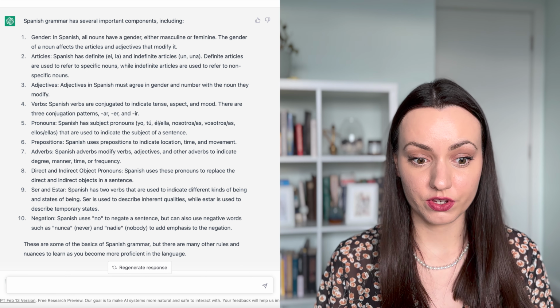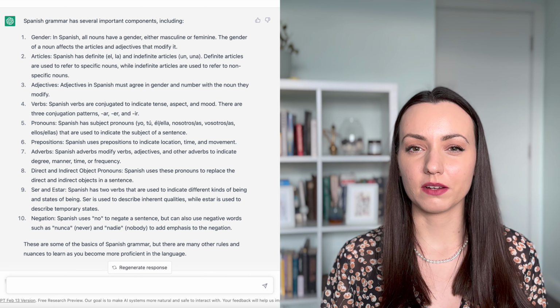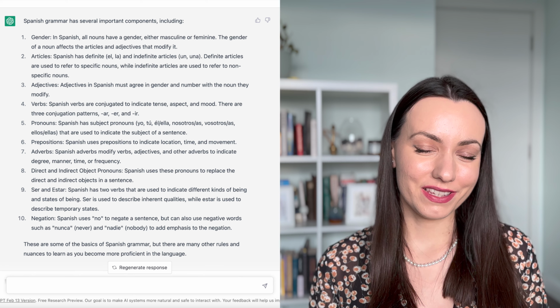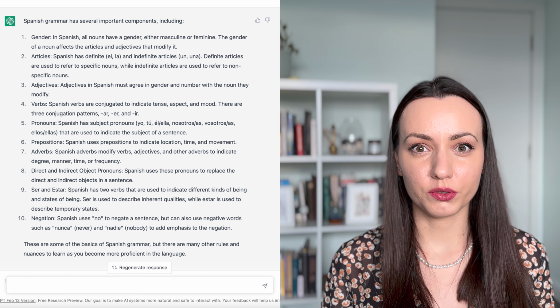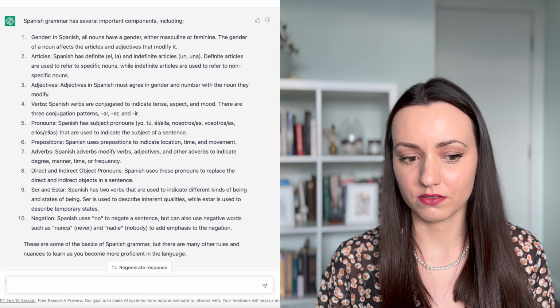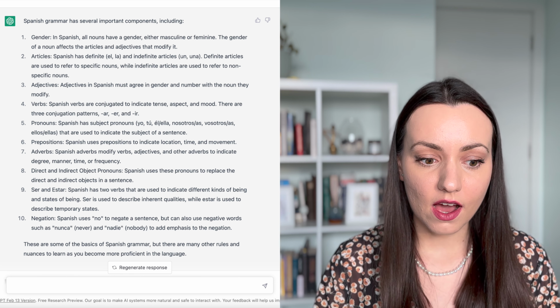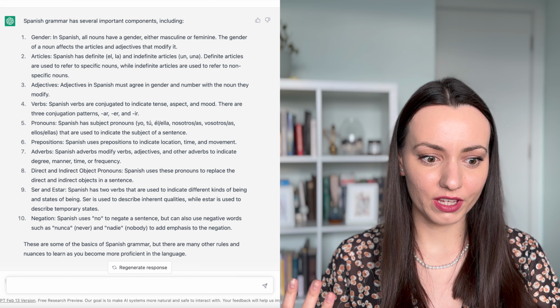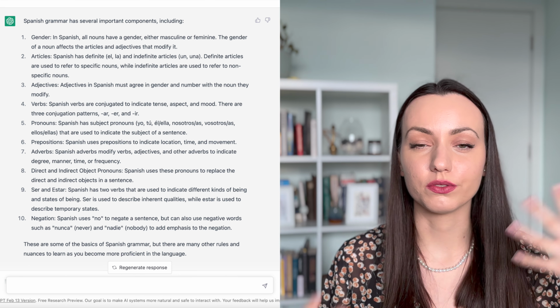Also, some pronouns such as vos in certain countries of Latin America are used, and the regional differences, those are big misses. And even if you don't care about regional differences, if you're like, I just want the standard, textbook Spanish, whatever, still usted and ustedes missing is a big point. And by the way, when I'm going through this, maybe I am forgetting about something, but this is not to illustrate the complete and full picture.